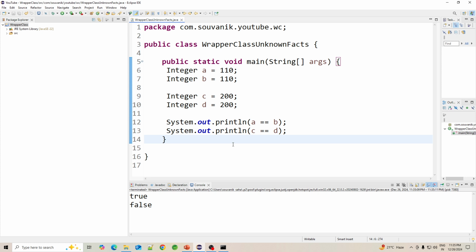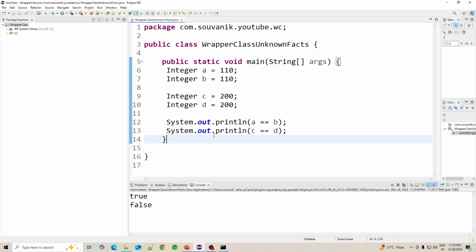Yeah, I think you can see the output, and you might tell me that this is crazy. I am comparing two values of the same type, and both the values are the same, but for one I am getting true, and for the other pair I am getting false.